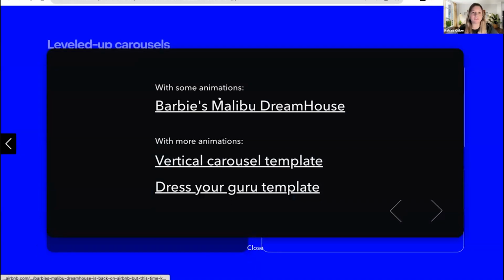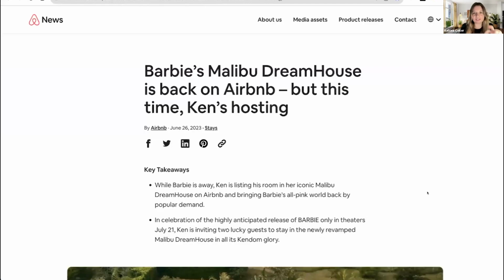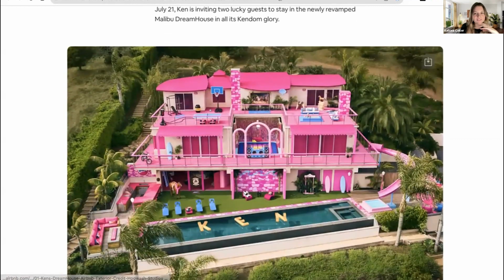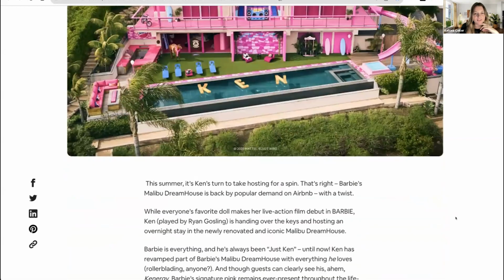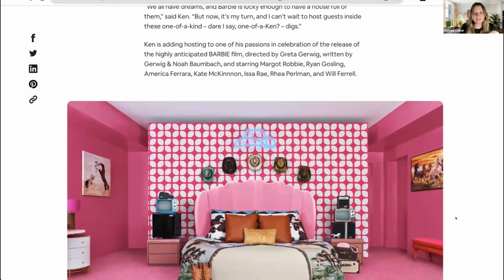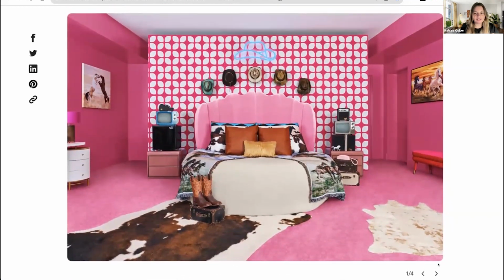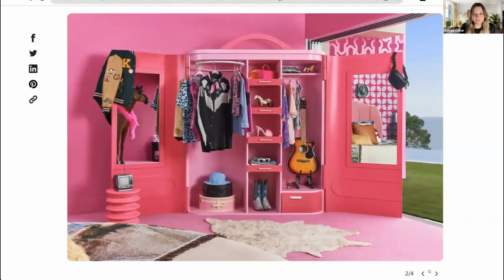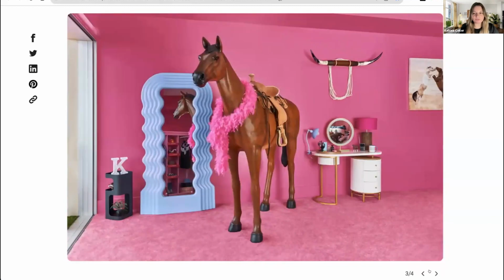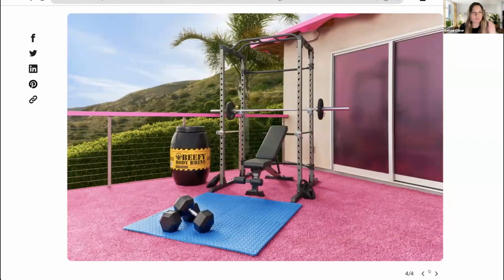So we have some examples. This is an example with some animations. You might have heard of this movie, Barbie's Malibu Dream House. Airbnb actually did an article because they were releasing this dream house stay, and they did use some images in this and created a carousel. They have little progress navigation, but you can see when we cycle through this one, they're just kind of quickly sliding